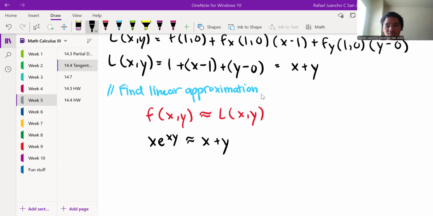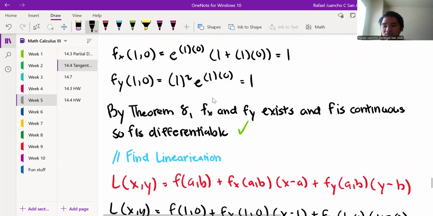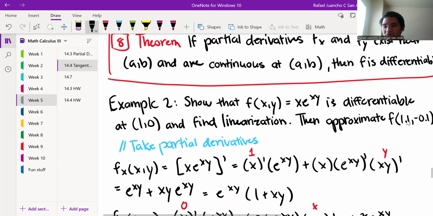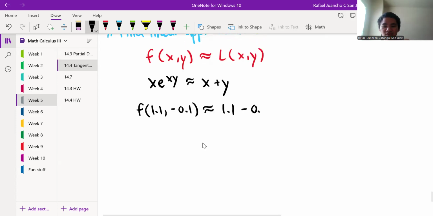And then from there, now we can approximate these things. Right? So our f of, what was the approximation? 1.1, negative 0.1. f of 1.1, negative 0.1 is approximately my x plus y. So x plus y, which is equal to 1. So approximately it's 1. And if we compare the actual value,